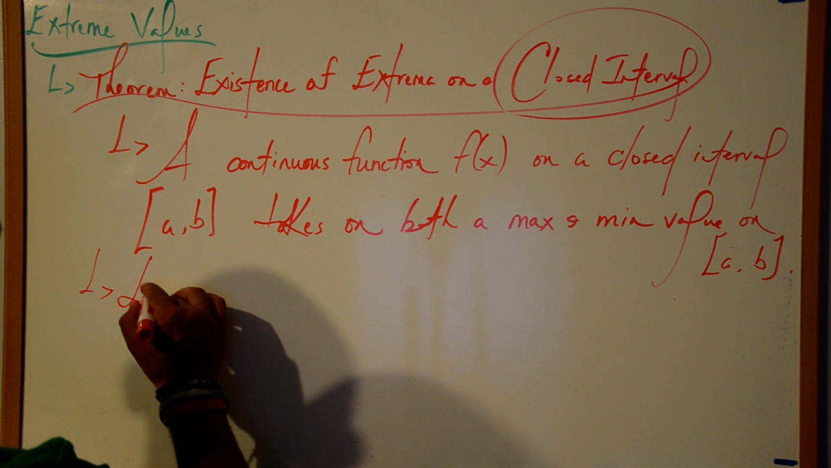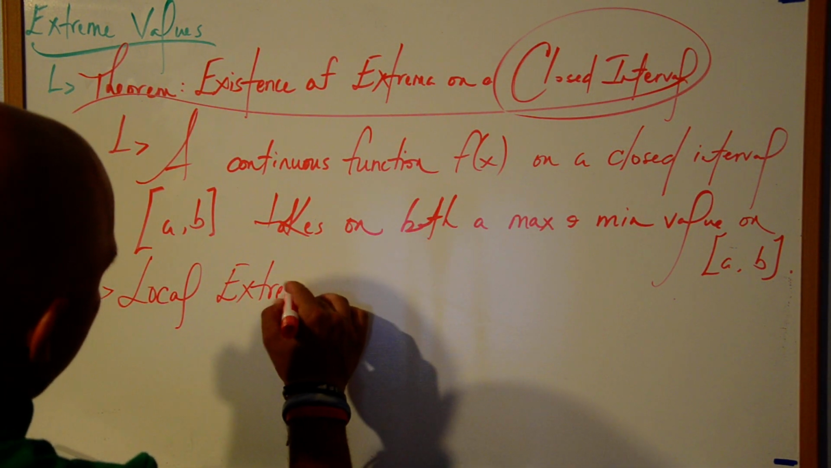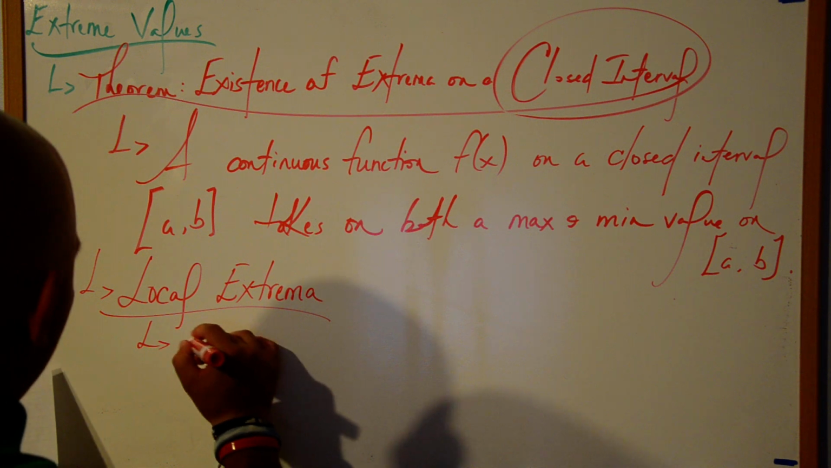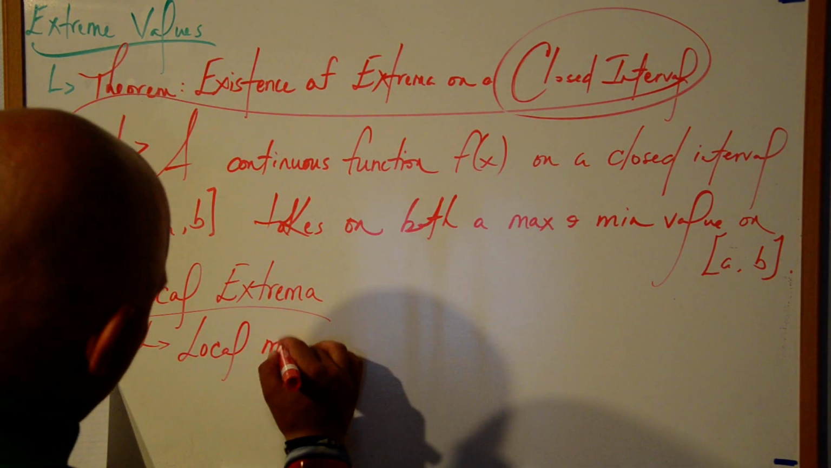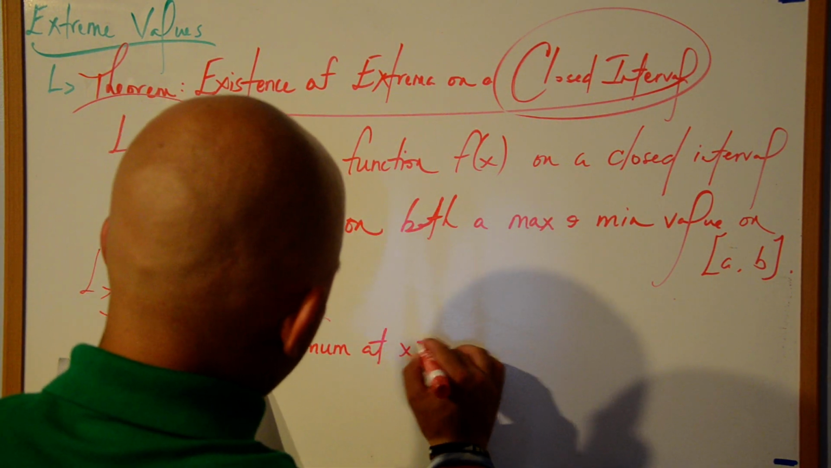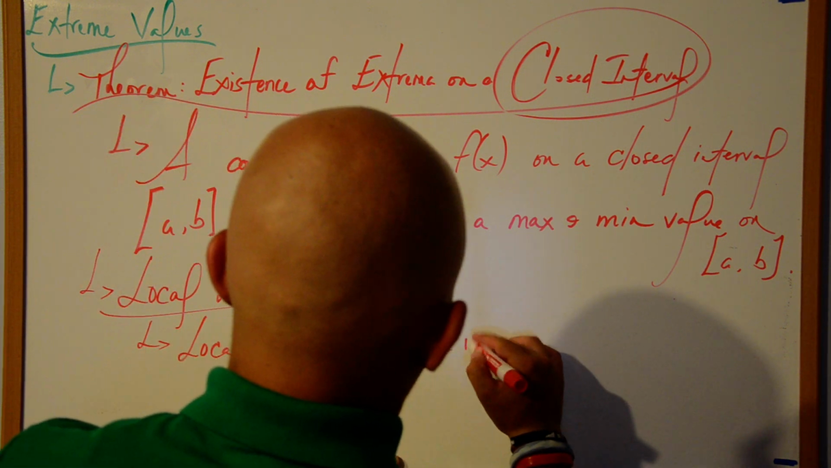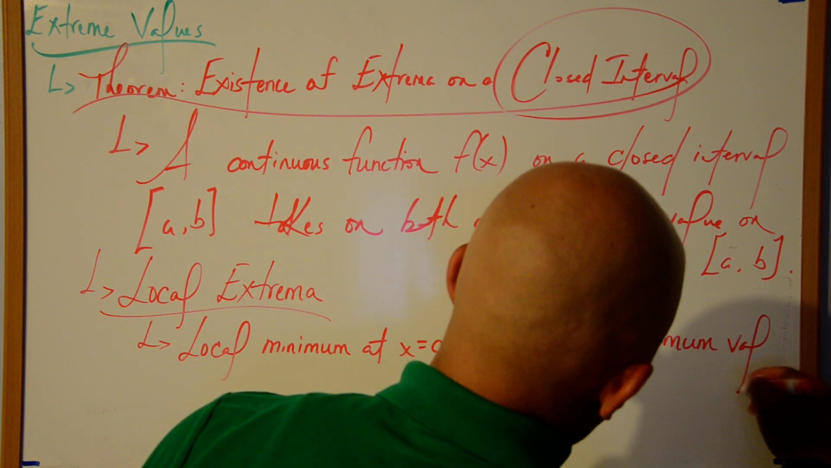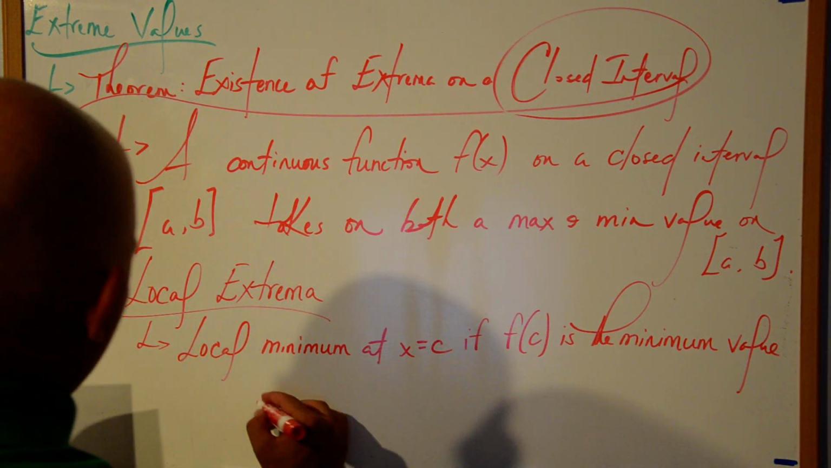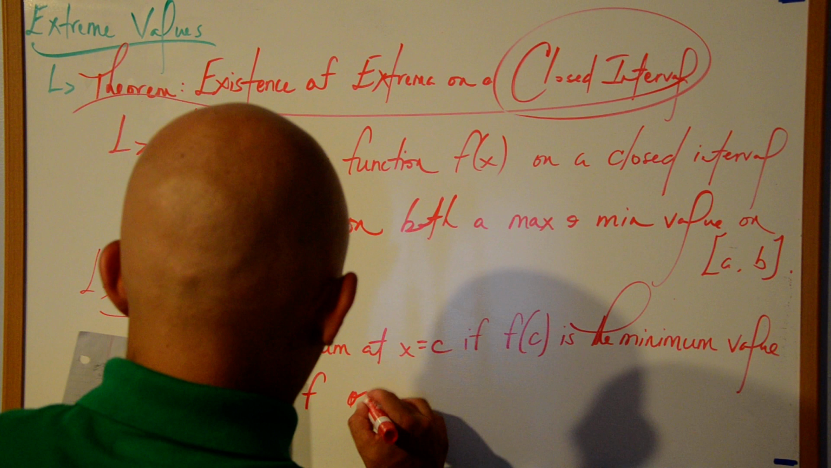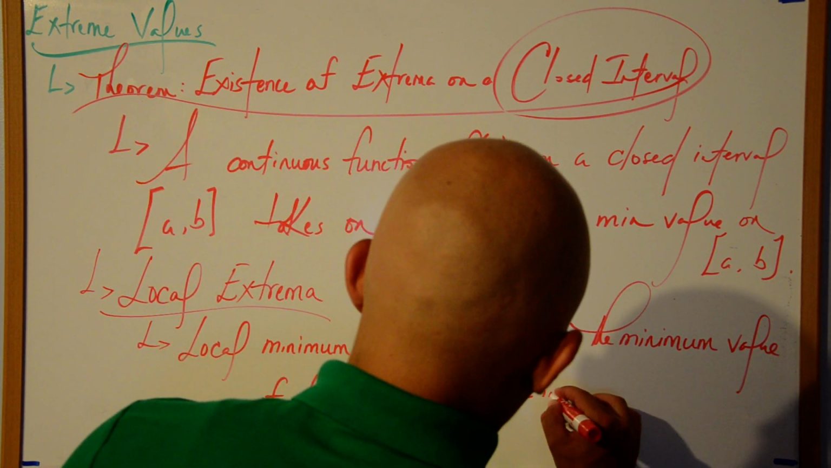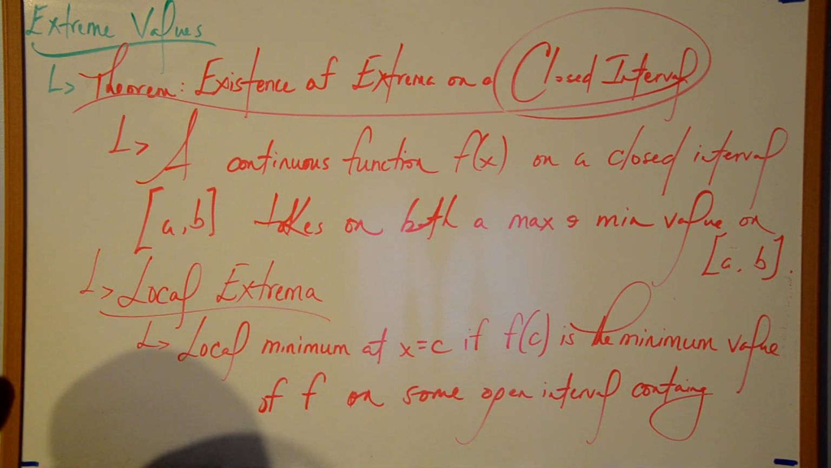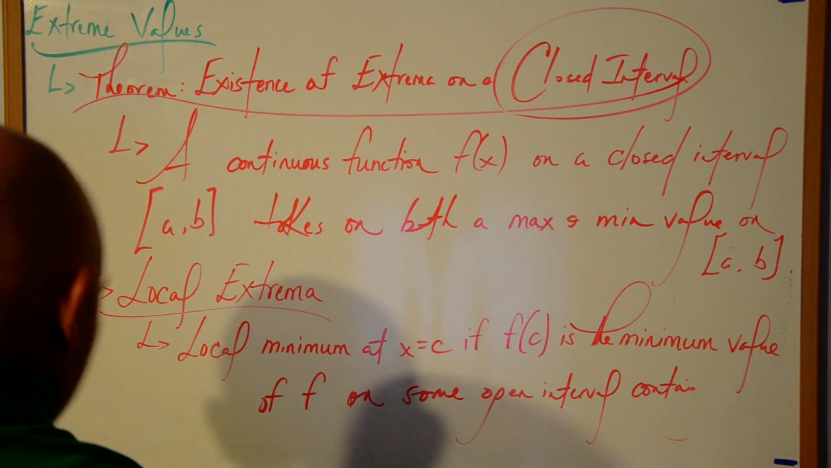So let's branch off of our extreme values and talk about local extrema. So we can define a local min at x equals c if f of c is the minimum value of f on some open interval containing c,